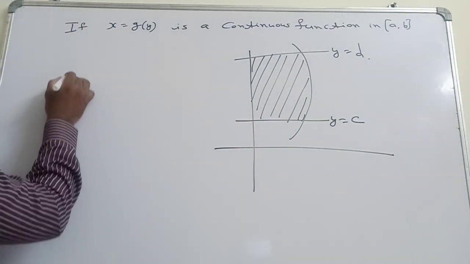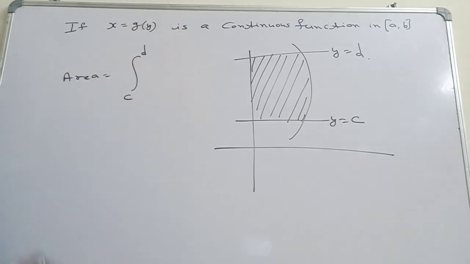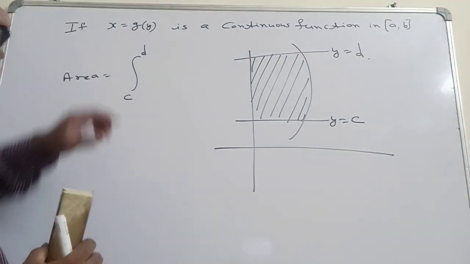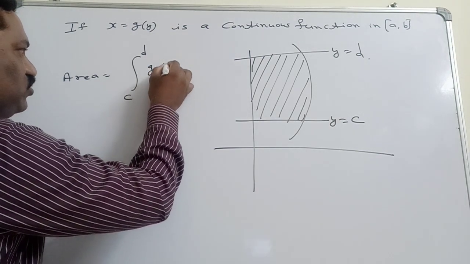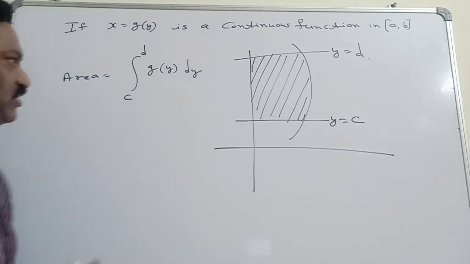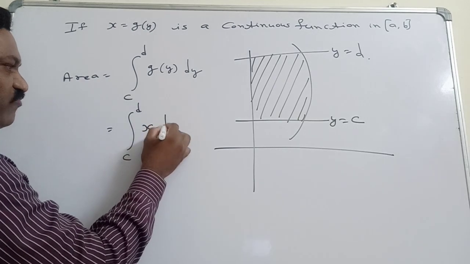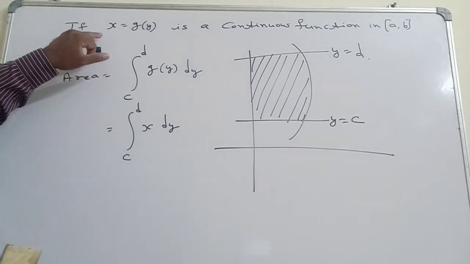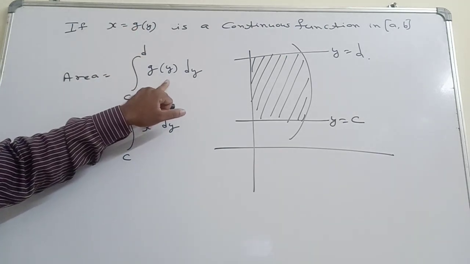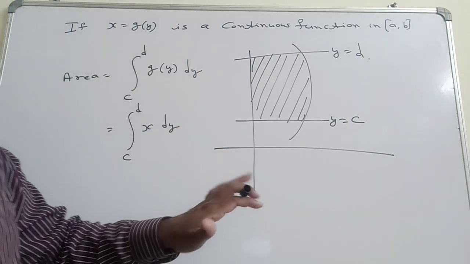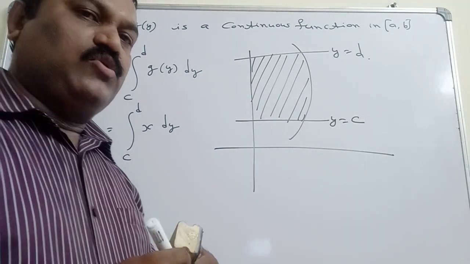So this area is going to be given by integral c to d, since these both are the y limits. That's why the given function we have to completely convert to x is equal to in terms of y. That's why here the variable is y, g of y dy we will write. So that is equal to integral c to d g of y, which is nothing but x, dy. So the function completely we have to convert to x in terms of y, keep that function here, and then integrate it. Then we will find the area bounded by the curve with the y-axis between the lines y is equal to c and y is equal to d. Right. So these are the two cases.